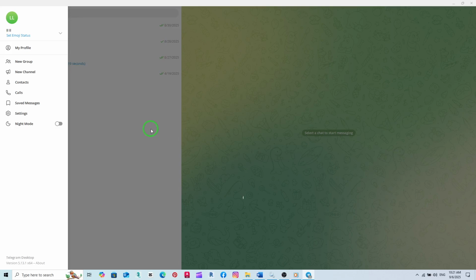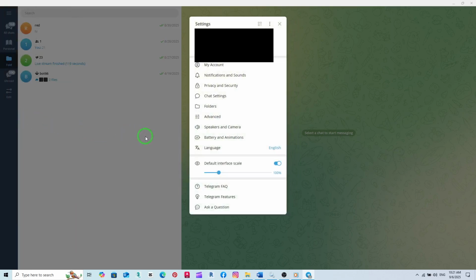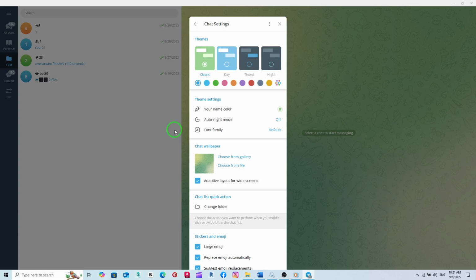Next, this is where all of your account and app preferences are stored. Click on it, and you'll see a list of different sections related to appearance, privacy, and more. From there, you'll want to select Chat Settings. This section is dedicated to customizing how your chats look and behave, giving you the ability to fine-tune your experience